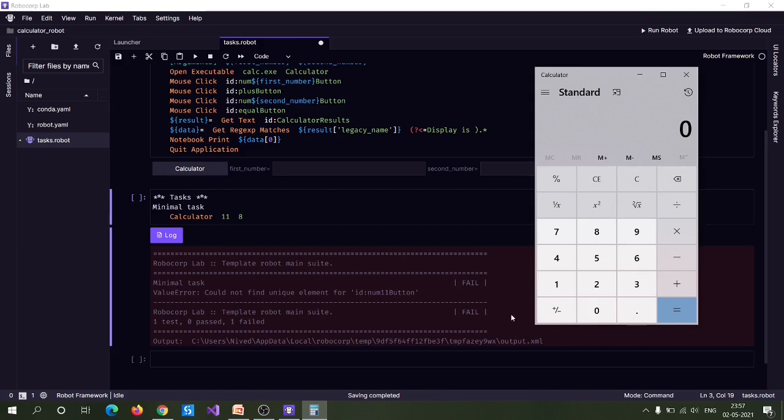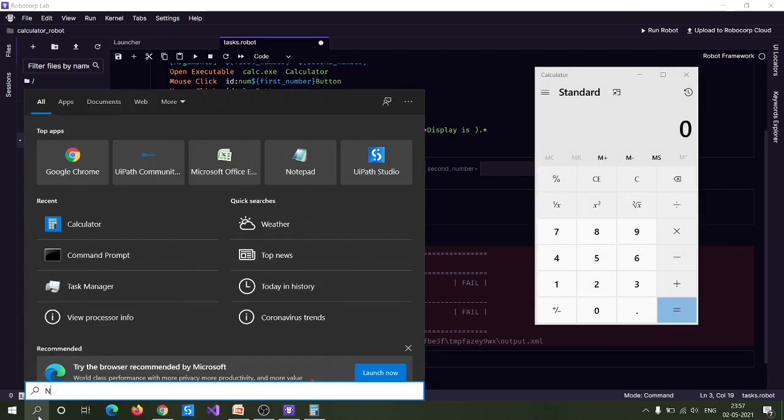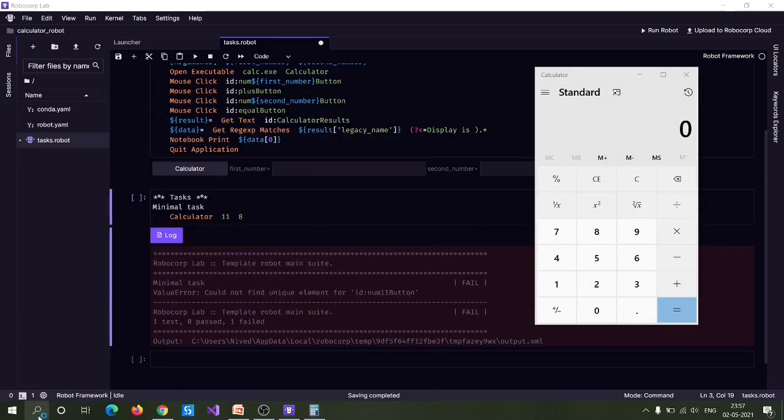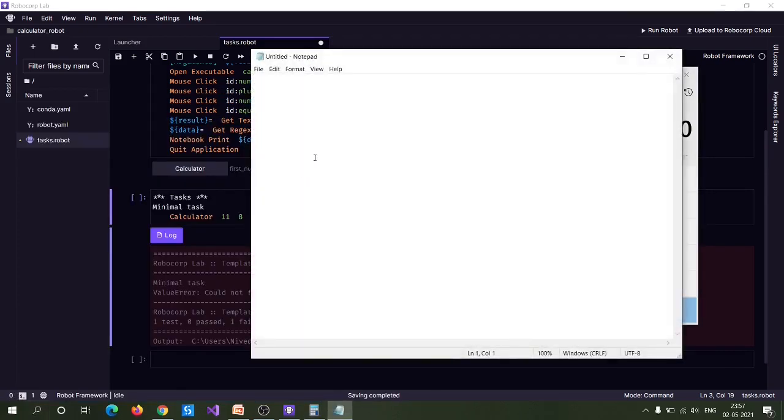How can you handle that? Even if you provide 11 as the second number, this error would come, so you have to handle both cases. Let me open the notepad for a simple demonstration. The logic that you have to apply here: let's say you are giving the number 11.